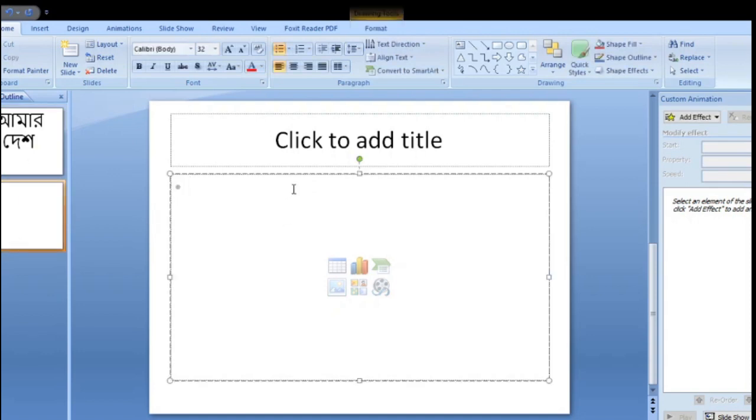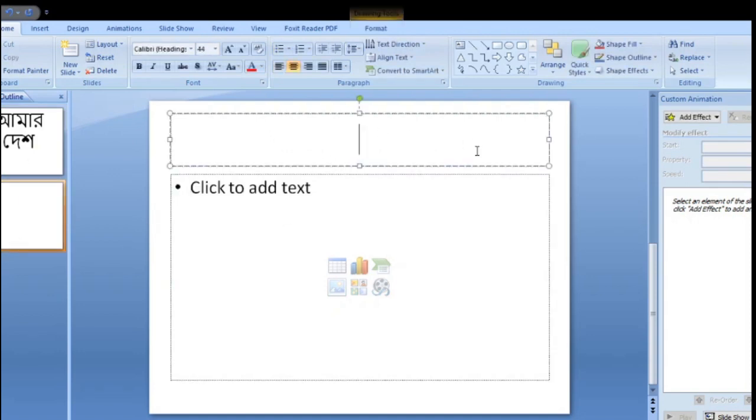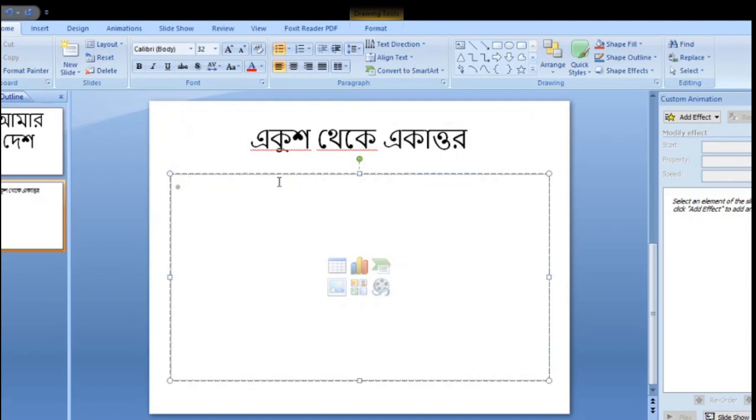In the new slide, type the title in Bangla again. Following the process, I write 21 থেকে 71 in the text box. Okay. There is no need to delete this subtitle; it is needed in this slide.